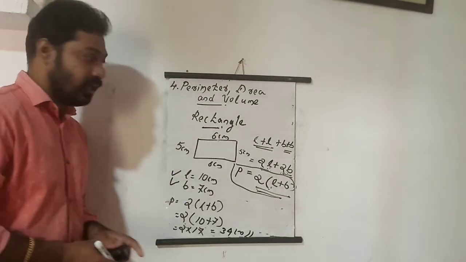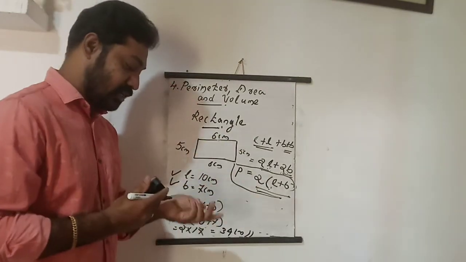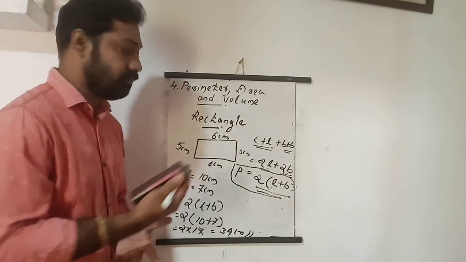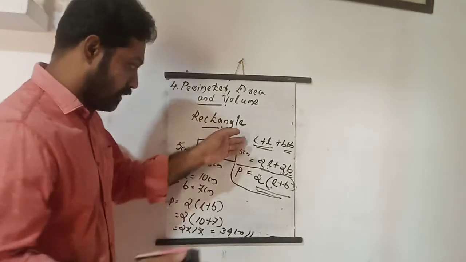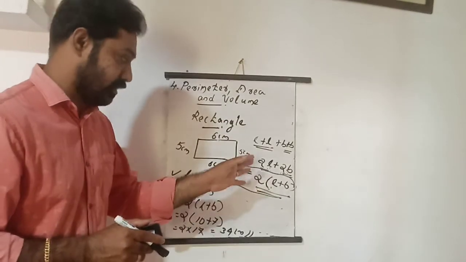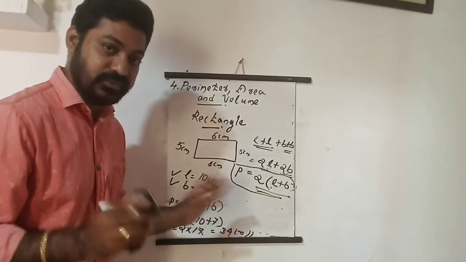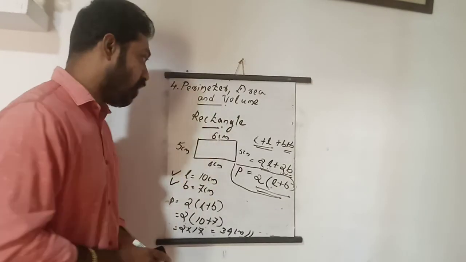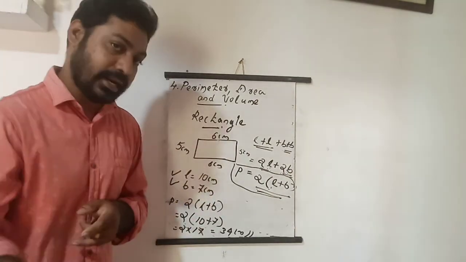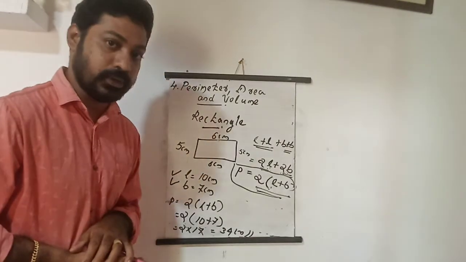Okay, I hope it is clear now how to find the perimeter of a rectangle. Those who have doubts about this part, you have to watch it again. If you have any doubts, you can ask. Okay, dear, so that is about the perimeter of a rectangle. Now we have to study square and triangle, that I will give in the next video. Okay, dear, thank you.